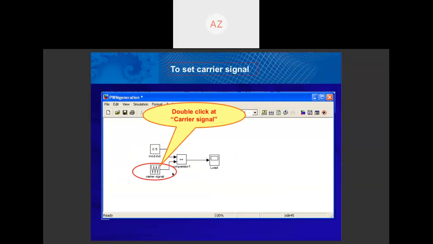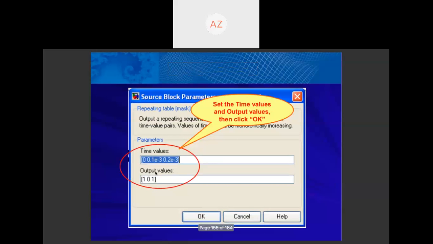Using the MATLAB simulator, the carrier signal is represented by a repeating sequence, and you have to set 3 parameters. At time values, first you set 0, then a space, then 0.1 E minus 3.